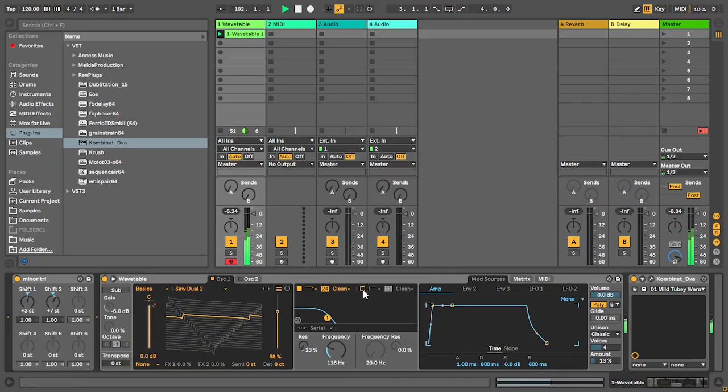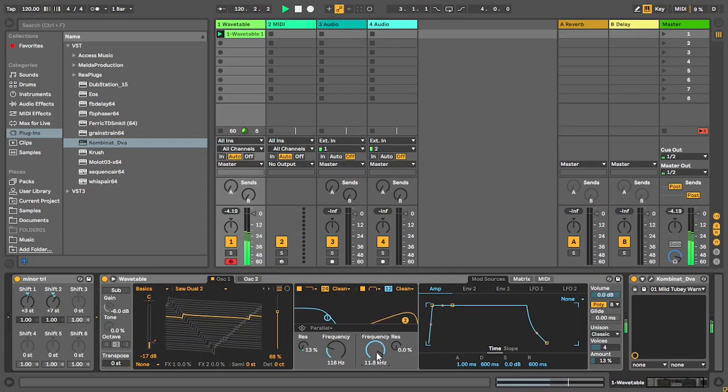Right, and Wavetable has two filters, right? So let's activate filter 2. And over here I'm gonna change it to, I think it's parallel. And this second filter I'm gonna change it to like a bandpass. And let's specify the range. So now we've got a nice bit of fizzy kind of top end,